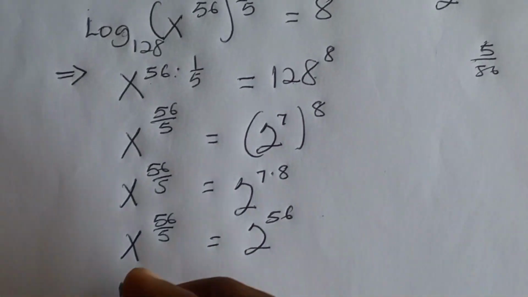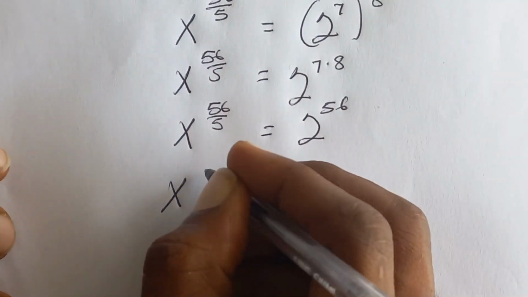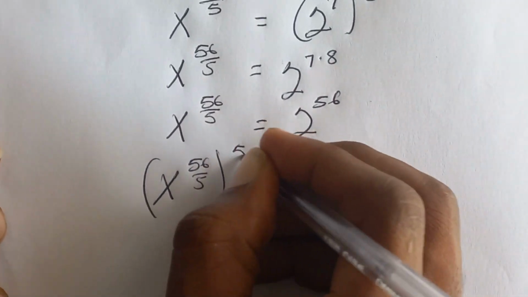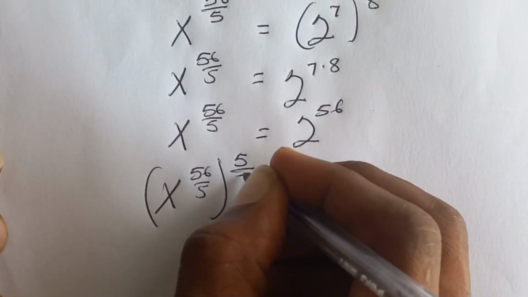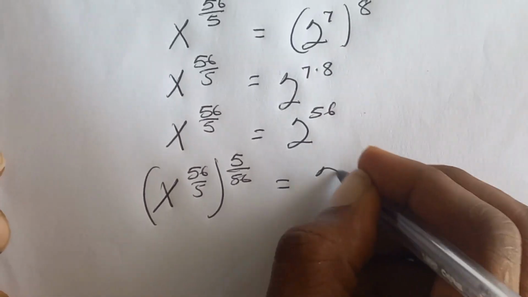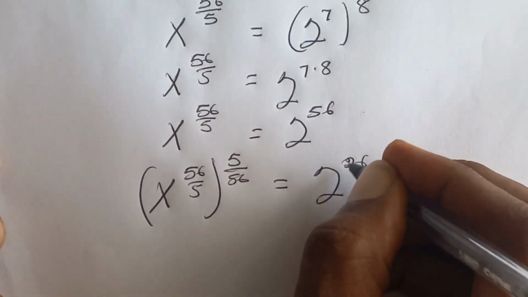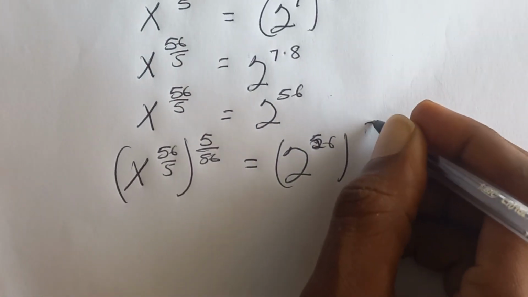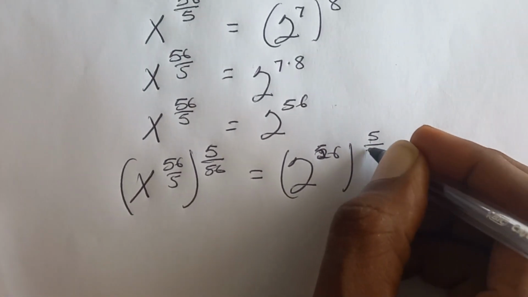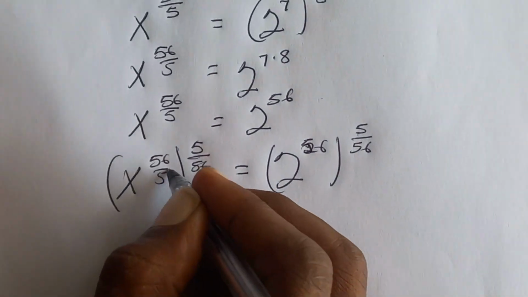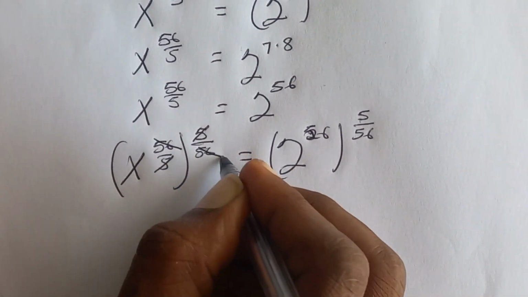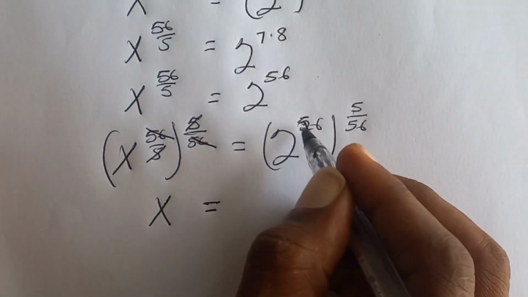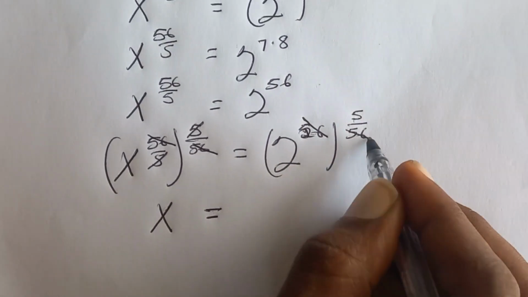So we are going to get x exponent 56 on 5 multiplying by 5 on 56, which is equal to 2 exponent 56 multiplied by 5 on 56. So with this, 5 cancels 5, 56 cancels 56. So we are going to get x, which is equal to, now this 56 cancels this,